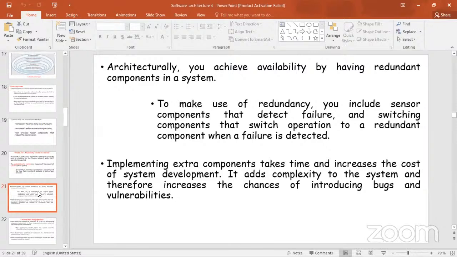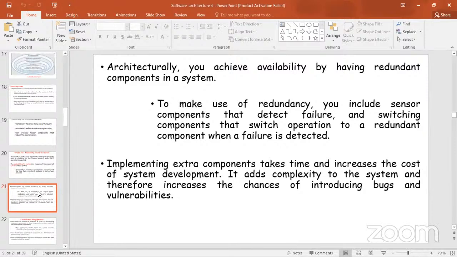So, for instance, if your house is well automated, right, and you have a sensor-based gate, right? That if your car approaches the gate at a proximity, the gate automatically rolls open or swings open,